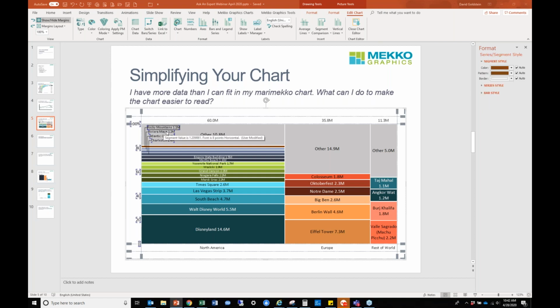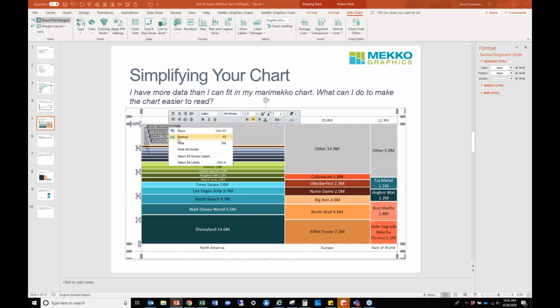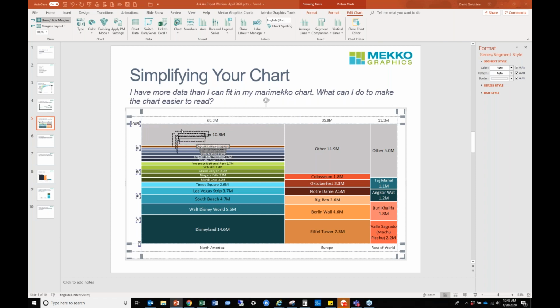And then sometimes I might have labels like this that are sitting in segments that are small, and I want to pull them out. I can just drag them like this, and they'll be here. And then I can organize them the way I want to in this white space. So very easy to simplify your chart using other series, using data scale, and using annotated